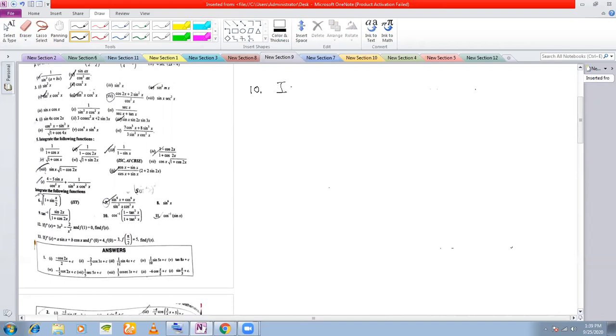Okay, I is equal to, although this looks big, this is nothing. Integral cos inverse of 1 minus tan square x by 1 plus tan square x dx. How will you integrate this? You know the formula for 1 minus tan square by 1 plus tan square? Remember, this is cos 2x. Cos 2x is 1 minus tan square x by 1 plus tan square x.